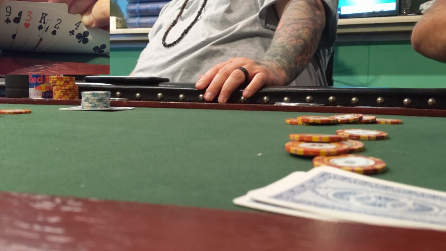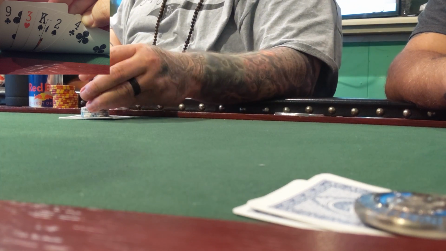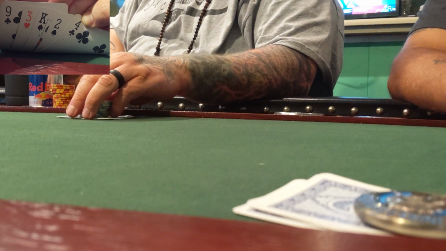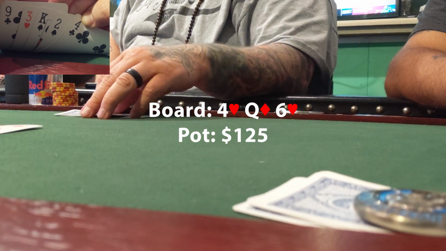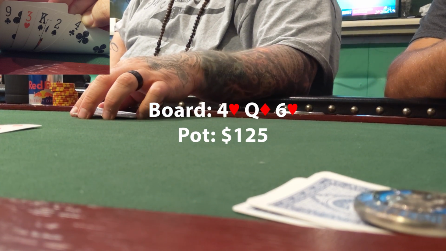So it's up to 25. The small blind and big blind both called. Under the gun calls, and we're priced in. We're going to see a flop and hope for some spades, maybe an ace and some low cards. And we get none of that. So sitting here with third nut low,